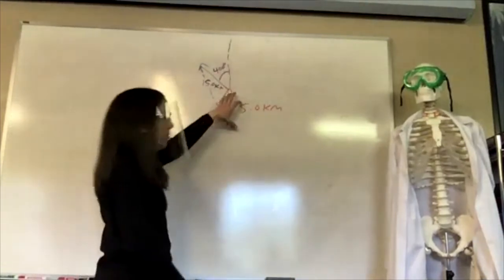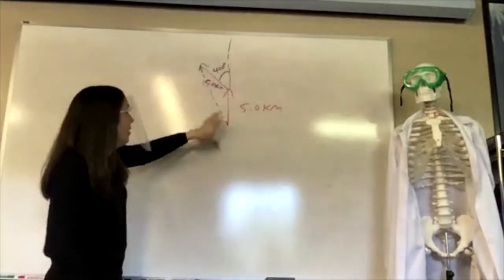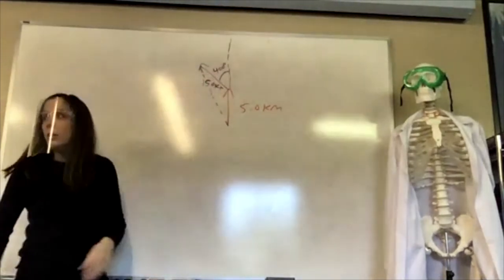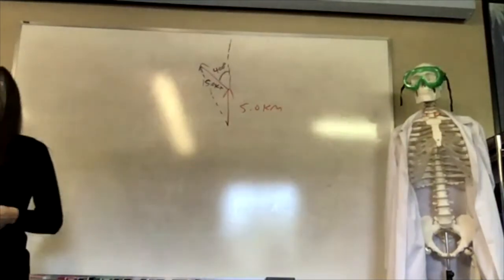So basically what we have is two vectors. We have the red and the purple vector, add them together. We want to find out the blue line. How do we do this? Well, there's a few ways you can do this, but